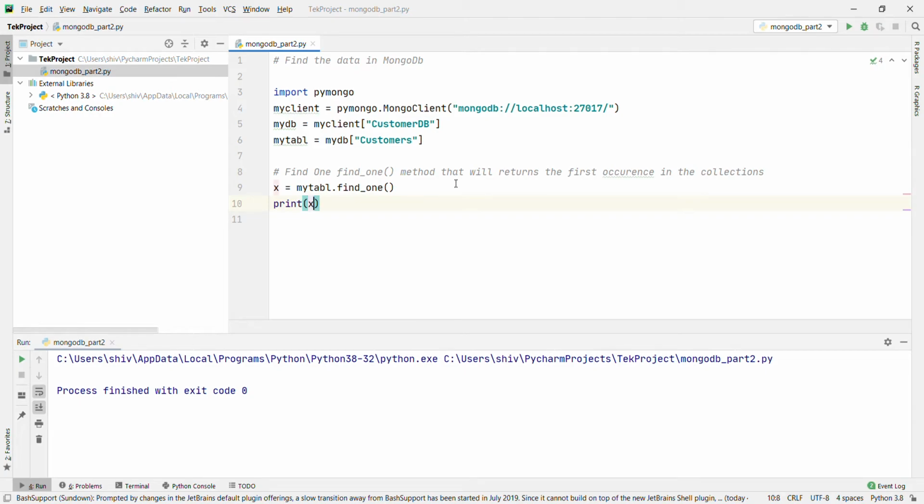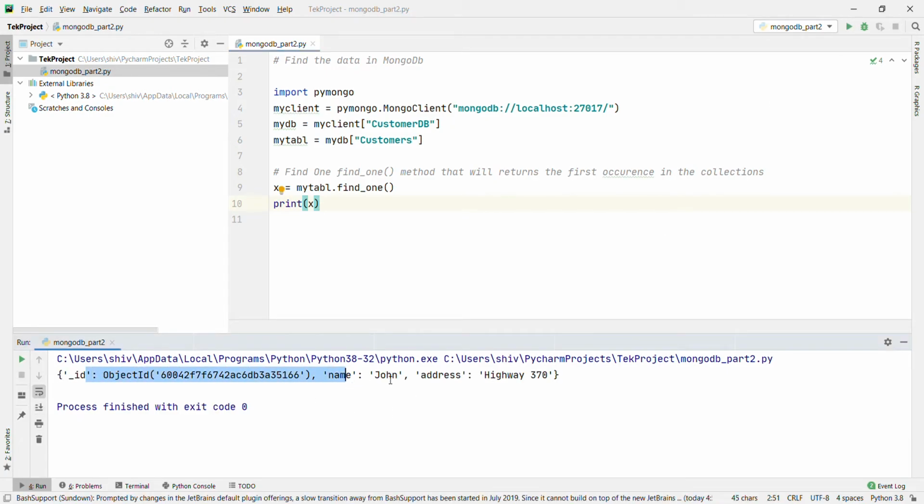Let's run and see the output. This is only the first occurrence: name John, address Highway 37, and this object ID is created by default in MongoDB as a unique ID.